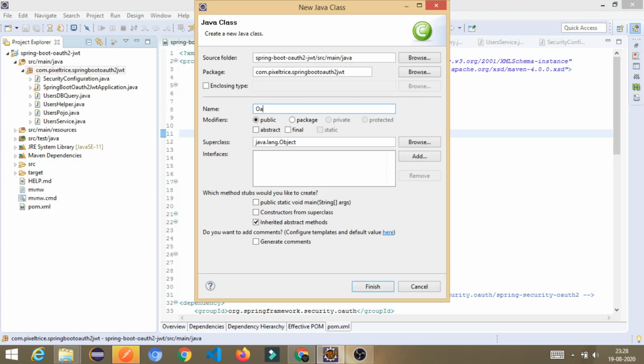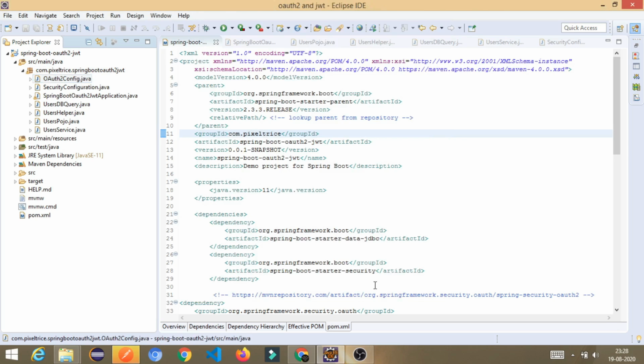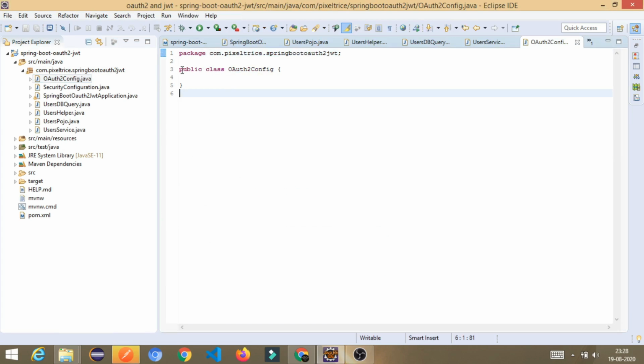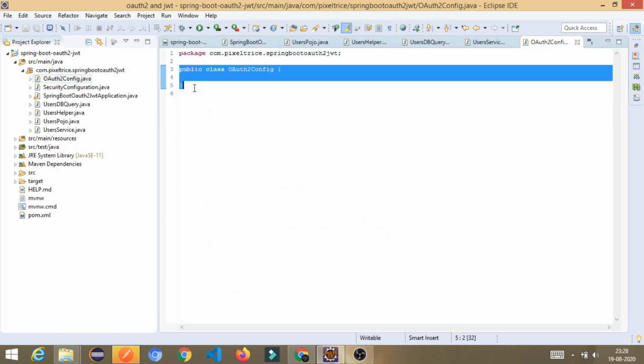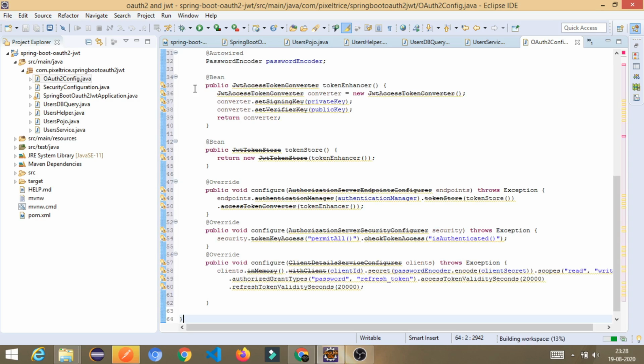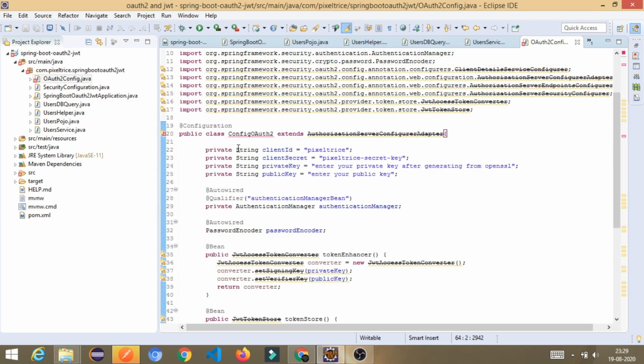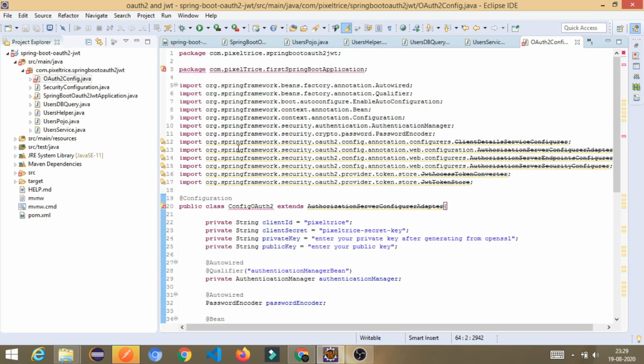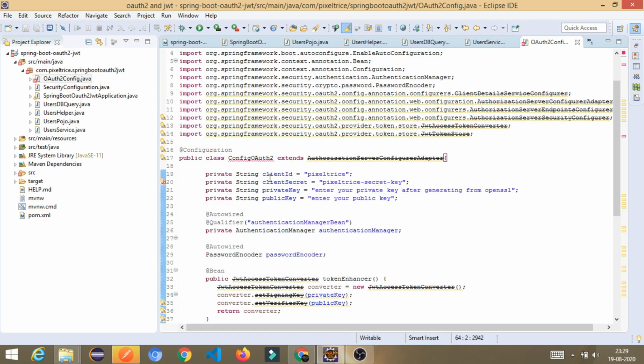I will give the name OAuth2 configuration config, and click on Finish. You will get this class. I will just paste the code here. You can see I have pasted this code. Now I will explain each line of code so you will be able to understand.